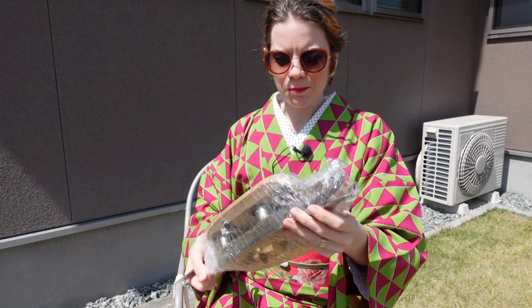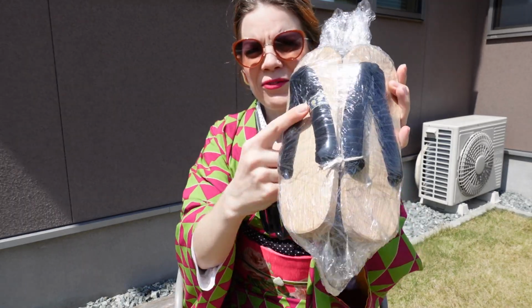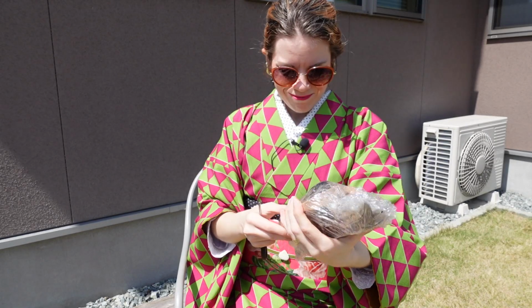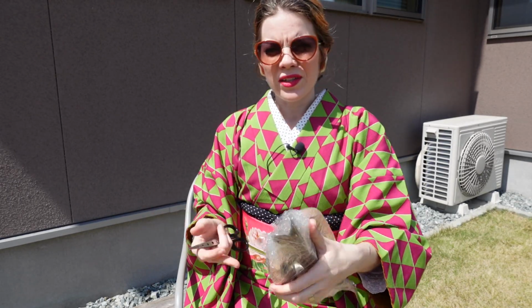I haven't opened them up yet, and they still have the original packaging on it. Look at this. The seller said it's from Taisho era. I'm not quite sure. And they're obviously never used, so we're going to open it up. They're wrapped in plastic wrap, so...